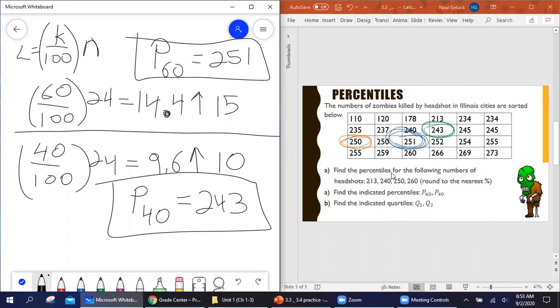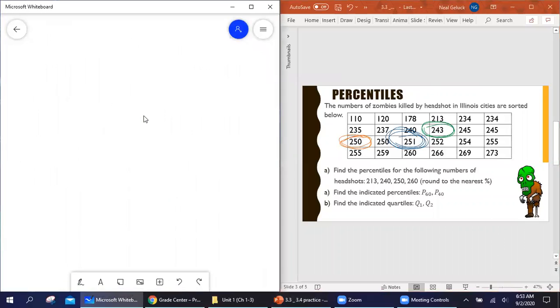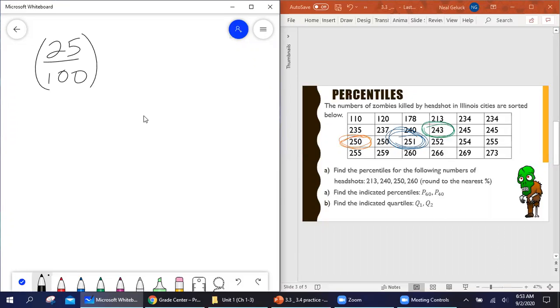For letter B, find the quartiles, Q1 and Q2. So remember, Q1 is really percentile 25. So I'm going to do the same stuff. But again, I converted Q1 to 25%. So if I run that, that gives me